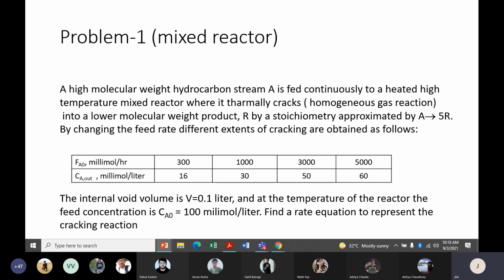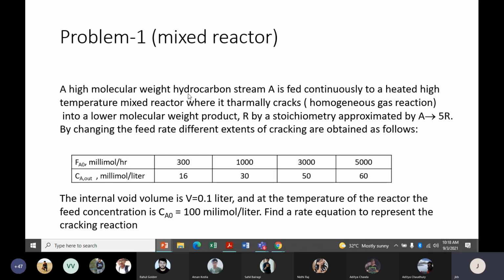Now I'll discuss one problem from mixed reactor. I'll go up to mixed reactor, show 2-3 problems if possible. Then I'll go to batch reactor again to discuss the problem for batch reactor, because the test is kept on 9th September. So you observe the solution for each problem thoroughly.